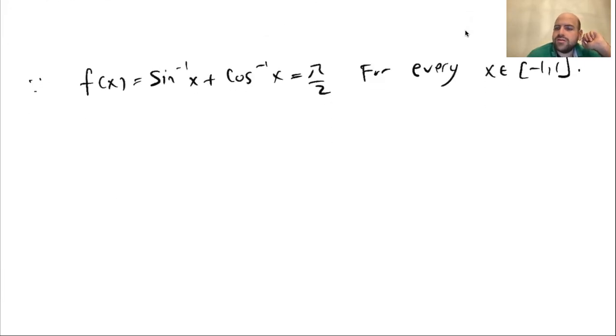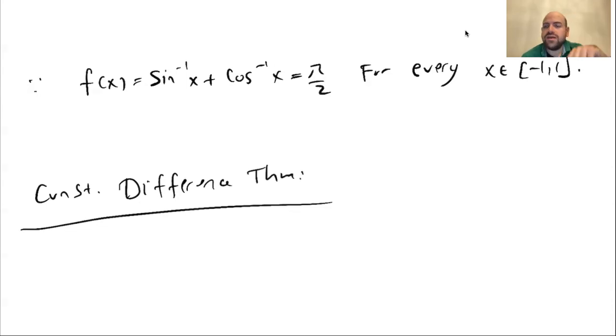All right, now a conclusion of this theorem is a theorem called the constant difference theorem that I mentioned earlier, and we are going to cover this constant difference theorem. So in the previous theorem, I had one function f of x, and the derivative of that function was 0. Now in the constant difference theorem, I have two functions, f of x and g of x, and the derivative of f is equal to the derivative of g. So suppose that